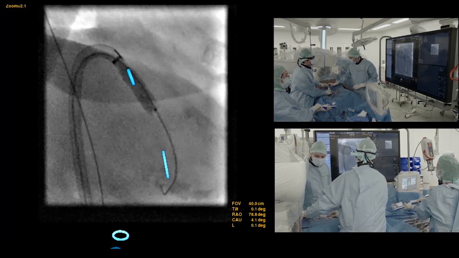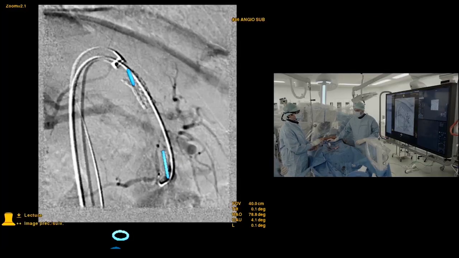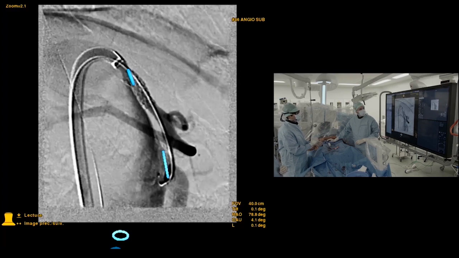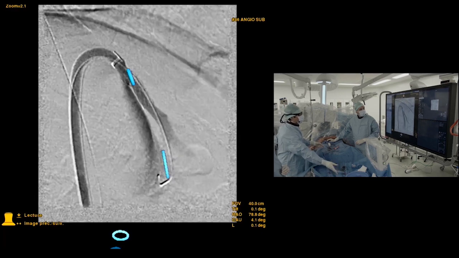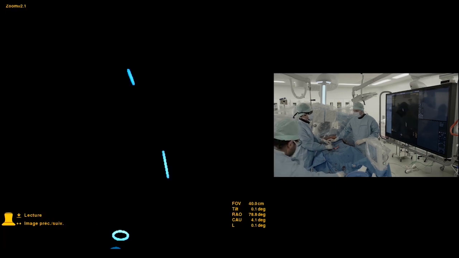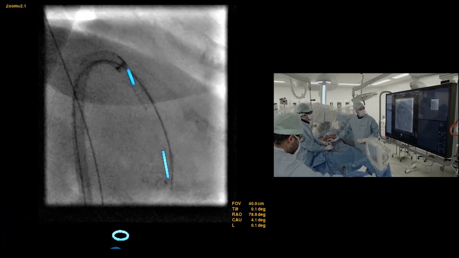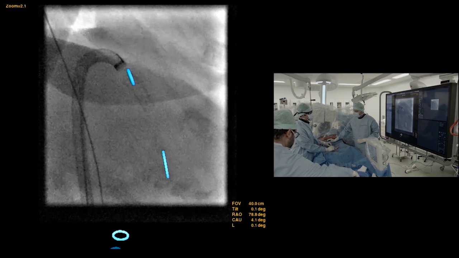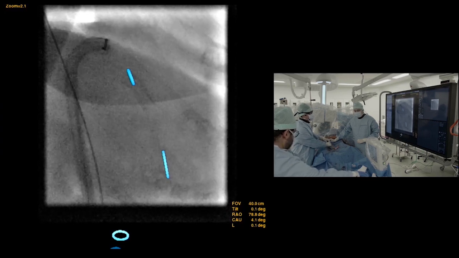Et tu dégonfles. So you see on the review mode that the stent is nicely positioned just at the origin of the celiac trunk, and we have reopened the celiac trunk. So I'm quite happy with this first step. So I'm going to get rid of the rosin wire here, and now we are going to straighten the sheath,